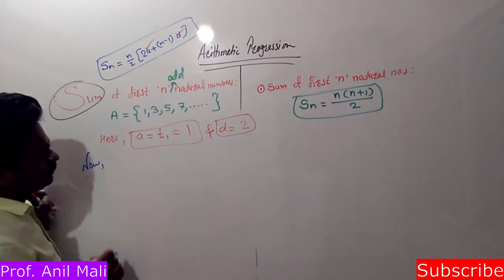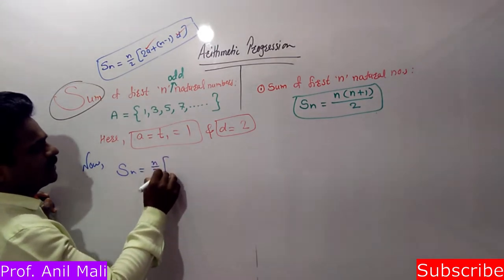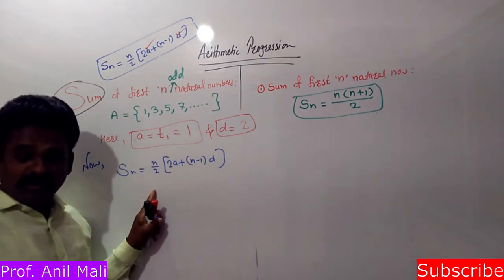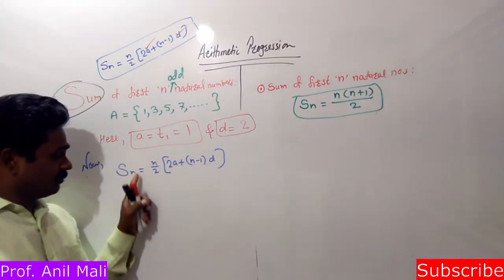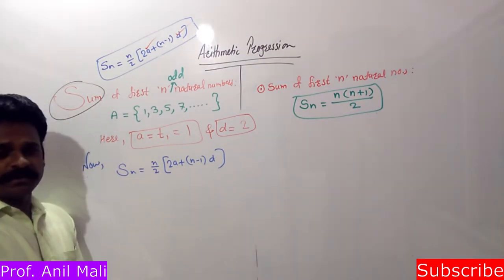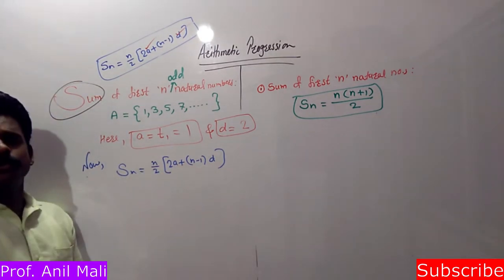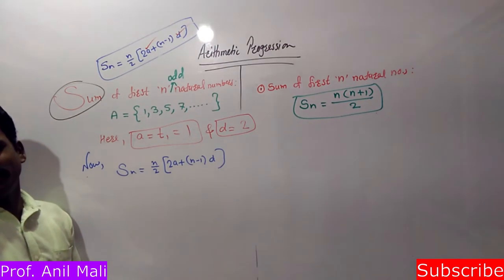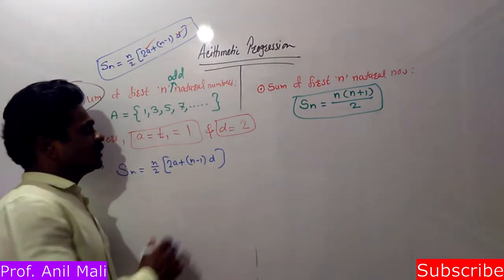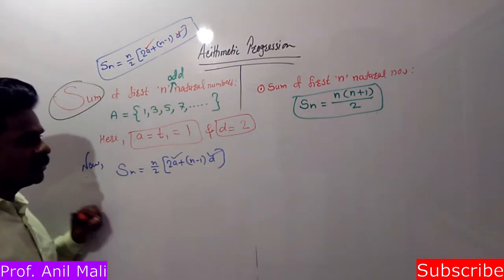as we know that Sn is equal to n by 2 into the bracket 2a plus n minus 1 into d. Our regular formula is this. Now with the help of this regular formula only, we will proceed further. This n is the natural term, so we are not going to replace it by any other number or any other term. It will remain as it is. General formula. We will just substitute the value of a and d. A is equal to 1 and d is equal to 2. So we will substitute here.